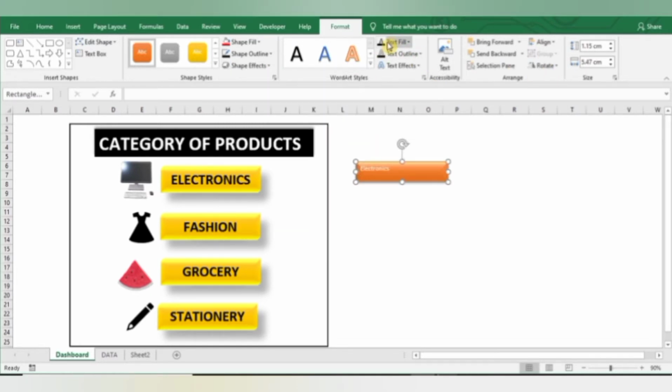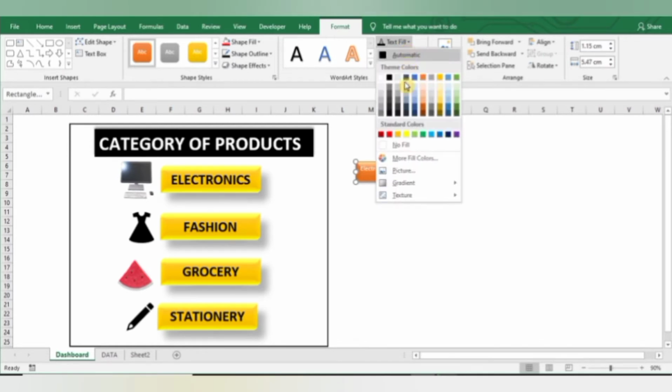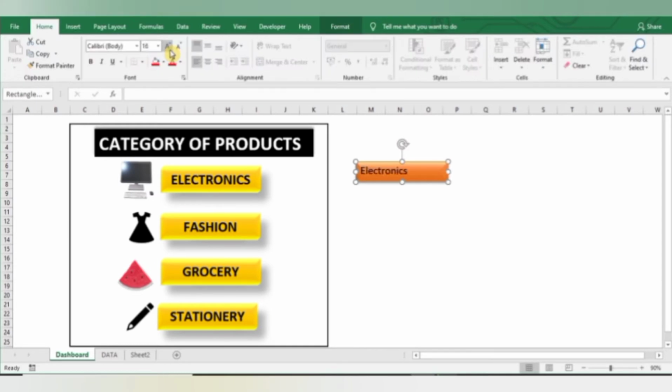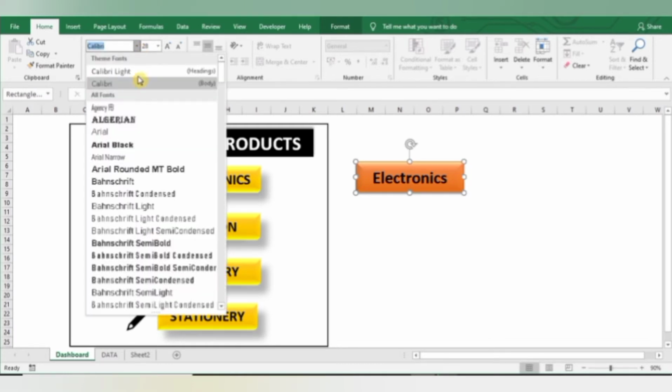And these are all the options like text fill, any color for your text. So in this way you can design or style your button. You can give any color to it, or you can also change its font type.